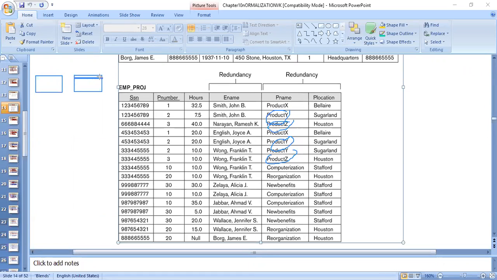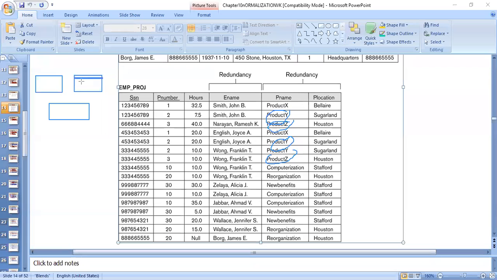It will delete only the projects. And then suppose some employee has to work on some project, we would have taken another table here, which is called works on. And in this works on, we would have taken employee number and project number. So which employee works on which project, we would have taken only this information.